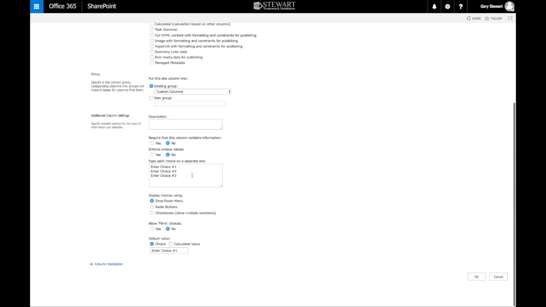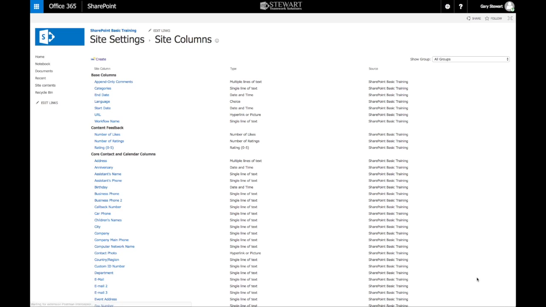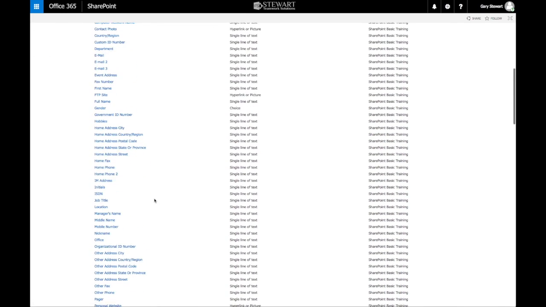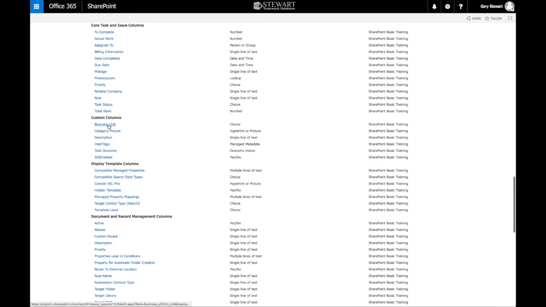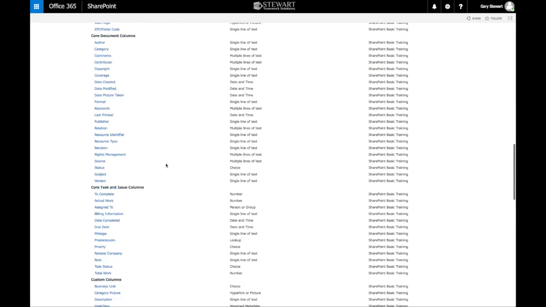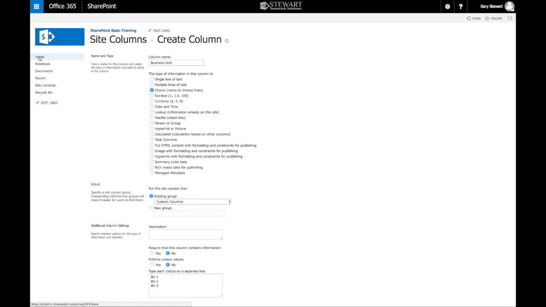Same choices that you saw before in this area. And let's put our business units here in this field. So there'd be U1, 2, and 3. Again, drop down, no fill in, no default. Get rid of our default. Click OK. So if we scroll down to the custom columns section, you can see we've now got business unit as a column that we can use. That's great. So let's go back home to the home page in the site,